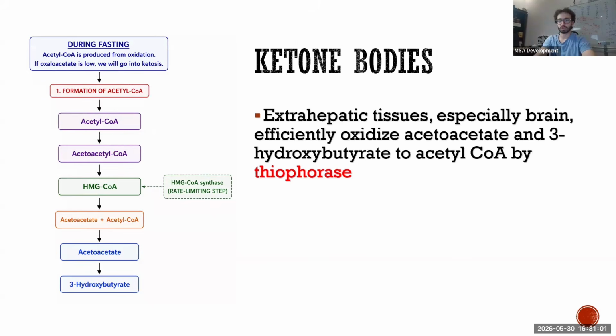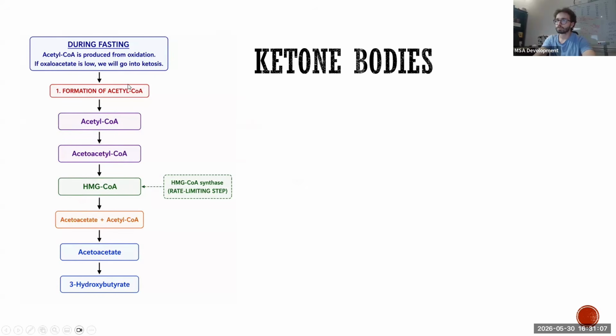And last but not least in this lecture, I think, we're going to talk about ketone bodies, how they are made. All I want you to know is that we start with acetyl-CoA, as I said previously. With this, acetyl-CoA will become HMG-CoA by HMG-CoA synthase. This is the rate-limiting step of ketone body formation. So this is all I want you to know: acetyl-CoA is the starting point, the rate-limiting step is HMG-CoA synthase to give us HMG-CoA. Then we're going to get the ketones, which are acetoacetate, 3-hydroxybutyrate, and so on.